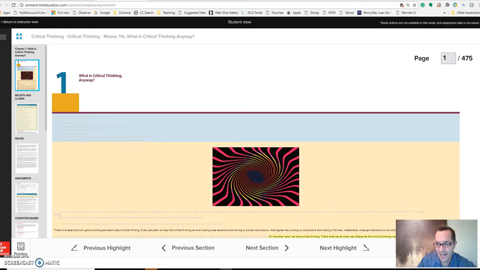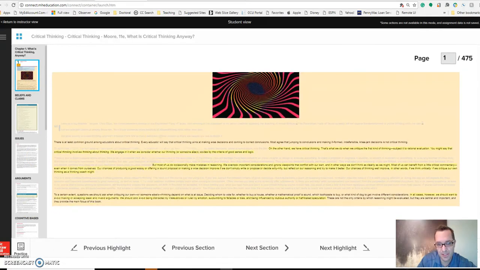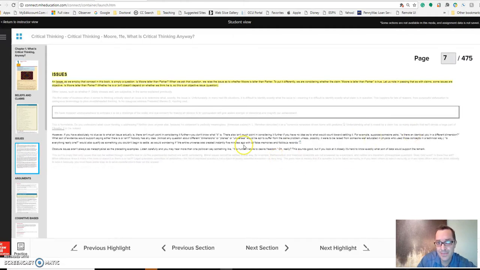On here, you'll see the highlighted stuff is typically the most important stuff that you need to know from each section. Sometimes the highlights will change after you've been answering questions for a little while. If you've done really well on certain things, but have some questions that you keep getting wrong, it will change some of the highlights so it knows where you need to be looking to get the information for those specific questions.